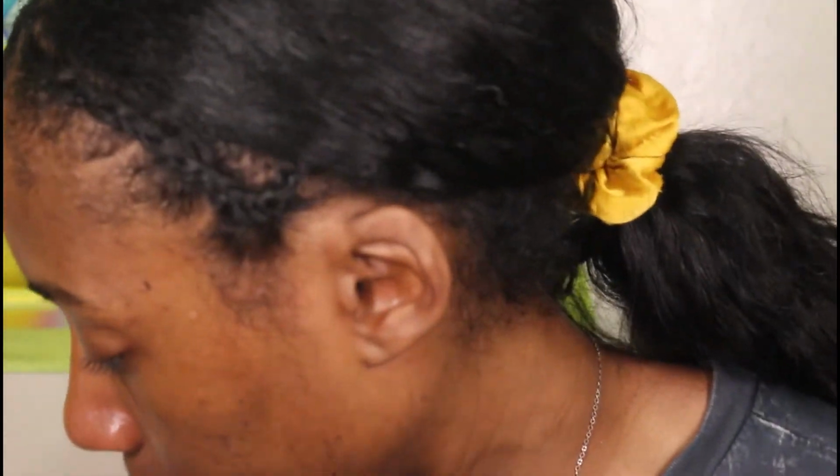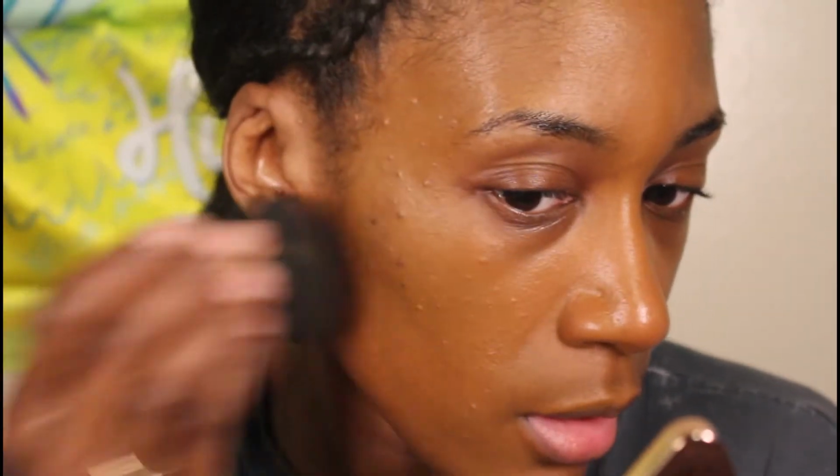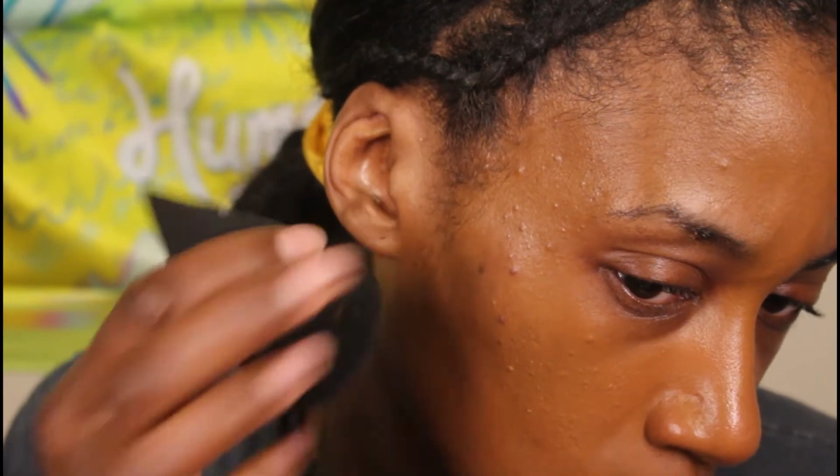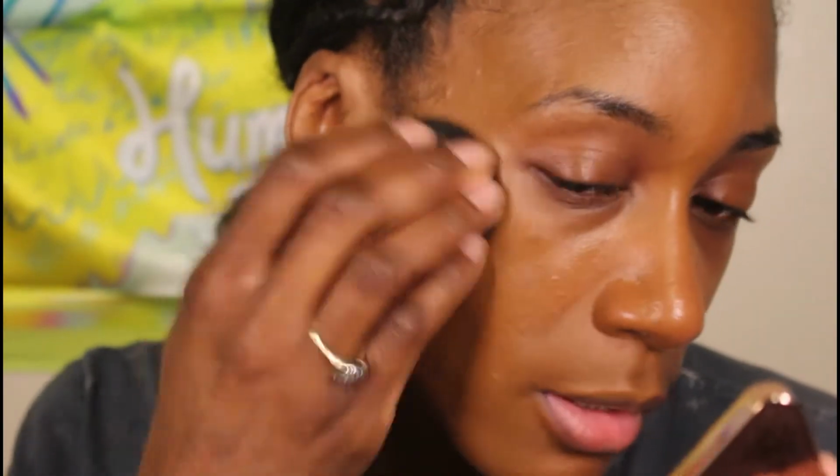I'm going to take a sponge with the extra product and sponge it in where I feel I have dark spots. That's a weird thing. When I sponge it where the dark spots are, I feel like it picked up the product on my face. So now you can see the dark